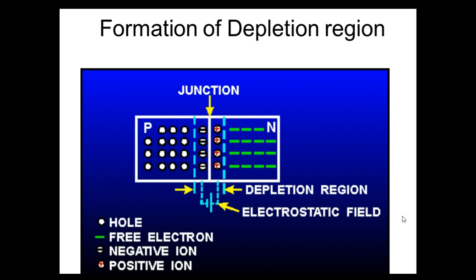Similarly, in n type material an electron is lost, so to represent that, a positive ion, a red plus symbol in a circle, represents a positive ion. So in this particular depletion region there won't be any free charge carriers. p type material will have holes as free charge carriers and n type material will have electrons as free charge carriers.